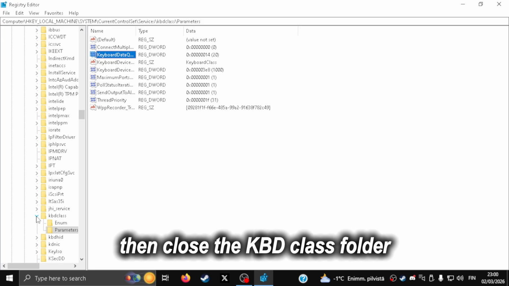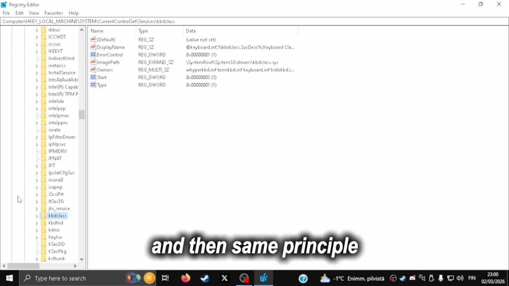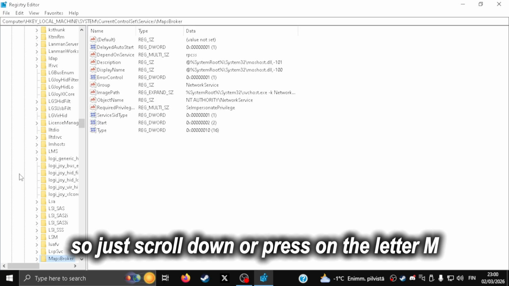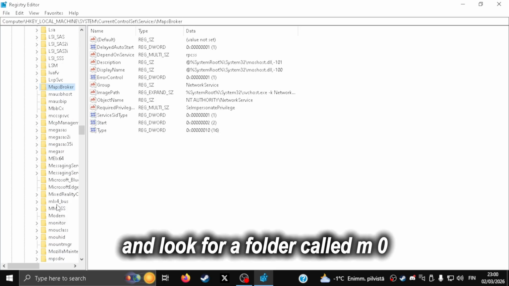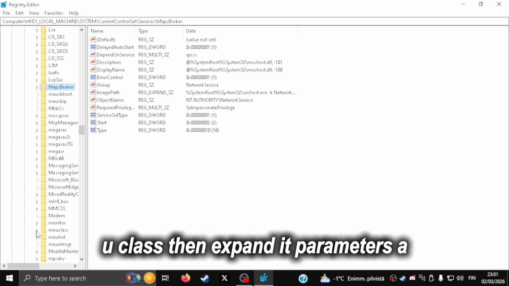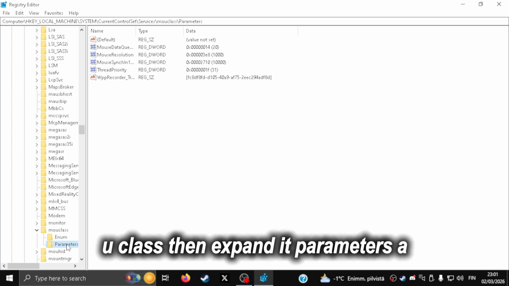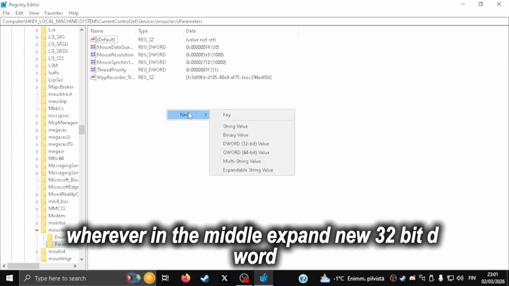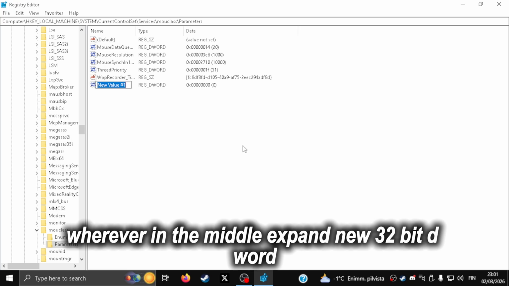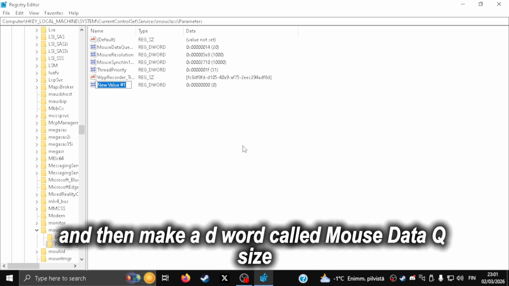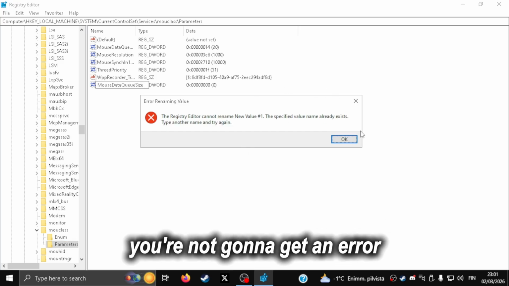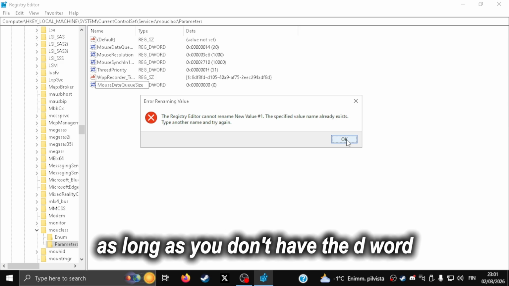Then close the kbdclass folder, and then same principle, so just scroll down or press the letter M and look for a folder called mouclass, then expand it, Parameters, right click in the white background wherever in the middle, expand New, 32-bit DWORD, and then make a DWORD called MouseDataQueueSize and press enter. Same thing here, you're not gonna get an error as long as you don't have the DWORD,